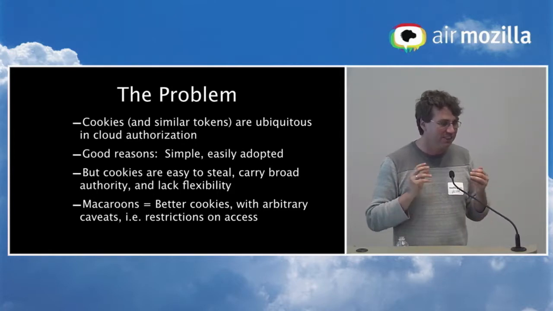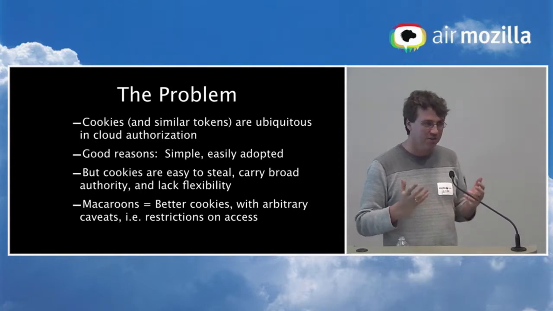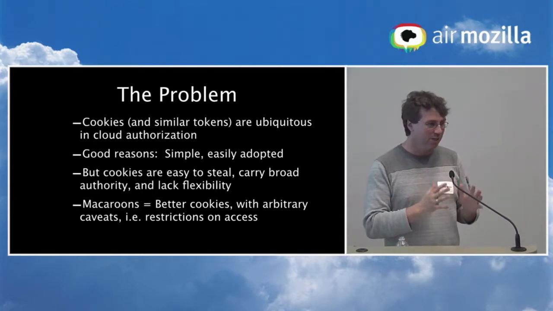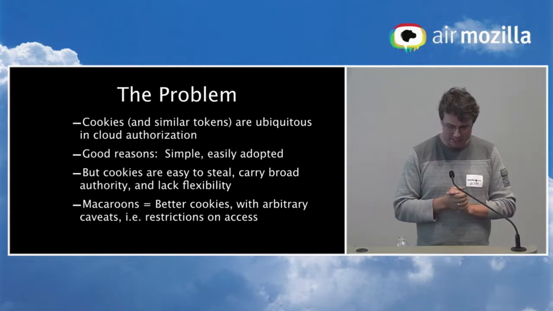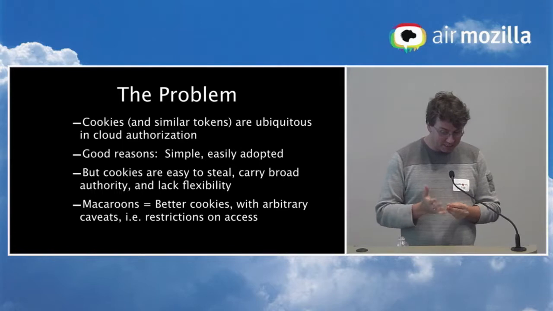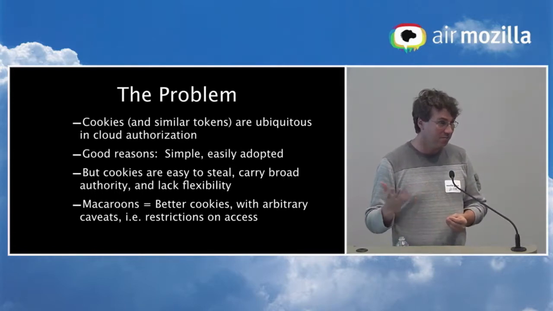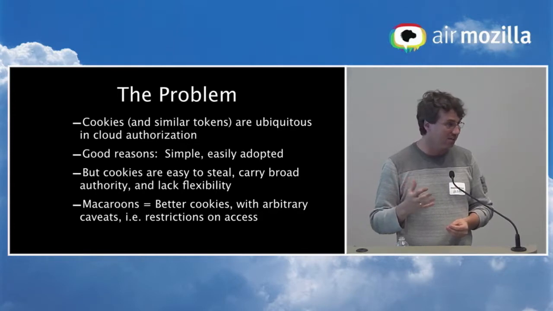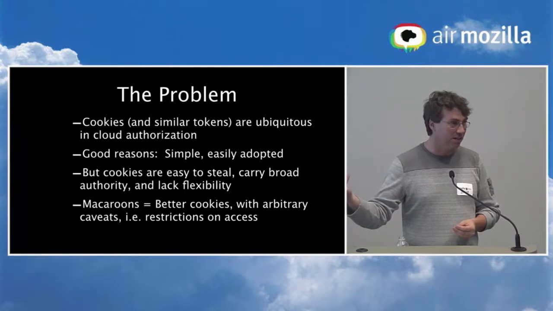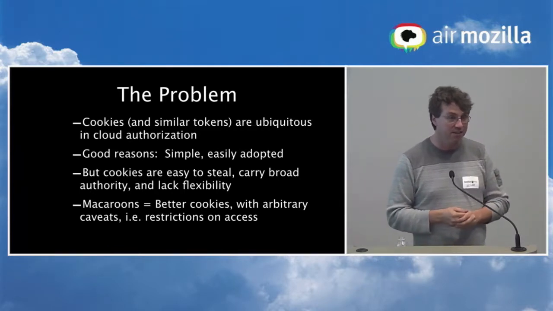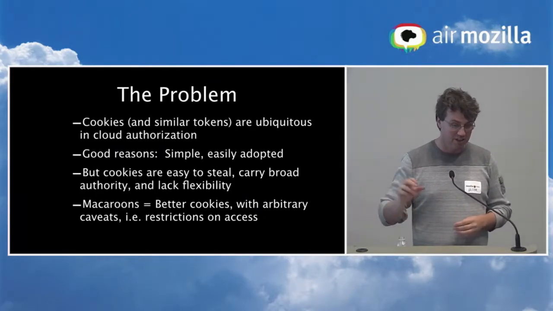The problem is that they're extremely simple and fragile, and OAuth 2 tokens are really just cookies. So are we really going to build the rest of the world around this simple, fragile thing? In particular, they're easy to steal, and anybody that can carry them can use them. There is no notion of confining the cookie so it can only be used in the parking lot here and so on. There just isn't a lot of that. Although at Google, we've done some work on origin-bound cookies.